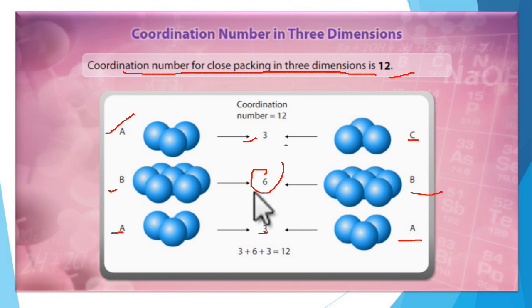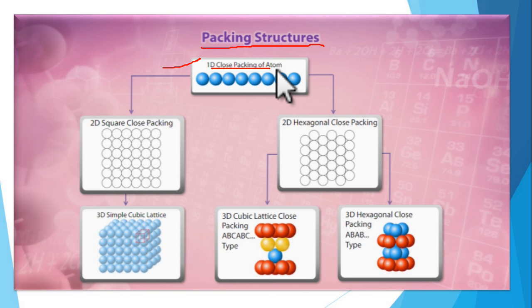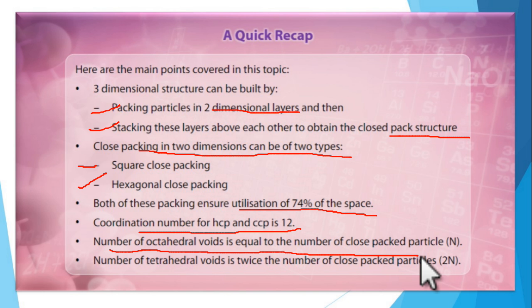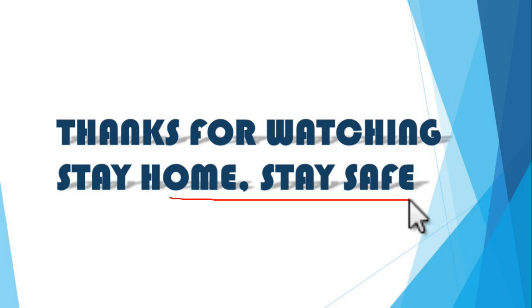Hexagonal close packing. When the atoms of the second row are placed in a manner such that they occupy the depressions of the first row, the arrangement is called hexagonal close packing. We can see this from this diagram. This is the B row and this is the A row. If you are taking an example from this sphere, we can see that this sphere is surrounded by 6 other spheres. Clear? So in this type, there are two different types of rows. So this arrangement is called AB type of arrangement. AB type arrangement.